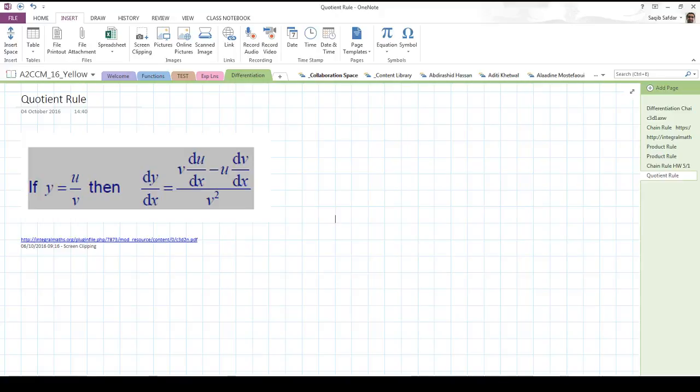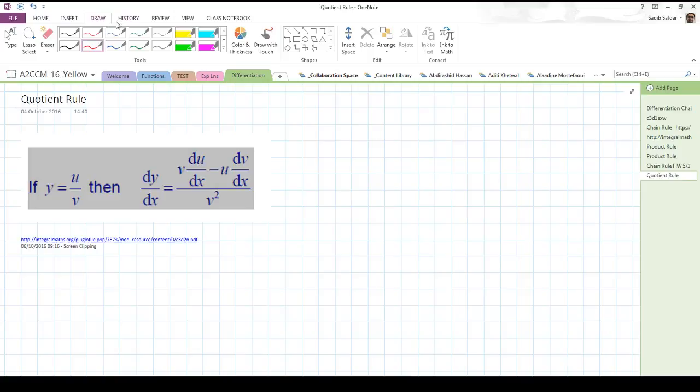Right, so the quotient rule looks at the case where y is u divided by v, and u is a function of x, and v is a function of x. Now while you're copying that down, as a side note, I'll just put down here, just as a recap,